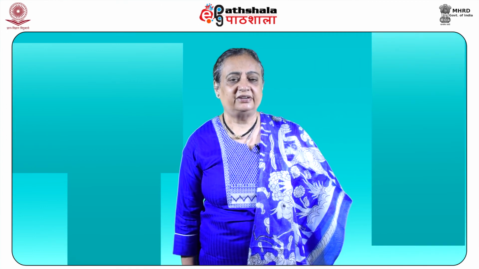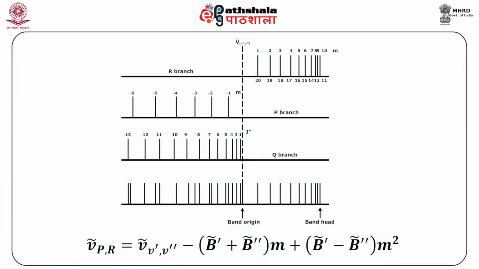Though these equations resemble those for rotational vibrational bands in infrared spectroscopy, the difference in the rotational constants of the two states is much larger. That is, B prime is much smaller than B double prime here, and bunching of lines on the R branch and spreading out of the P branch is much more noticeable and marked here. The third term in the equation quickly overtakes the second term in the R branch, and the band heads appear when the R branch appears to return. After a certain value, it appears as if it has returned, because the positive and the negative terms first cancel and then one term overtakes the other, and this is how the rotational fine structure of a vibrational electronic